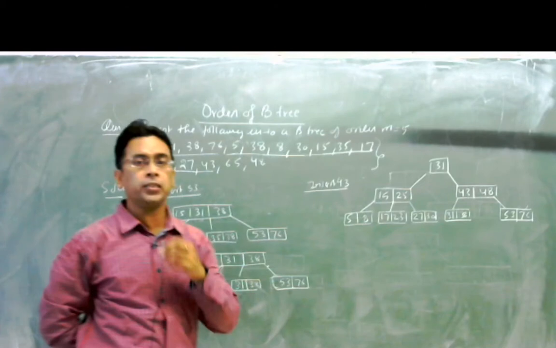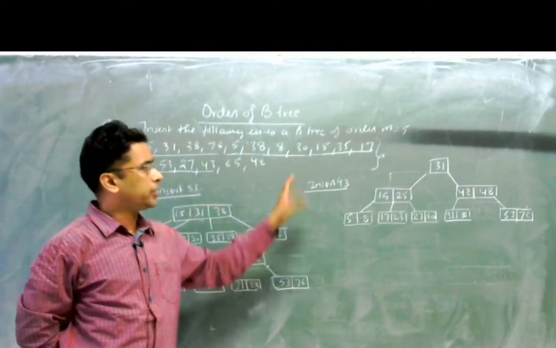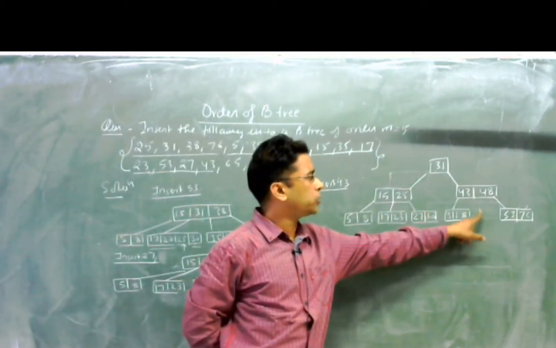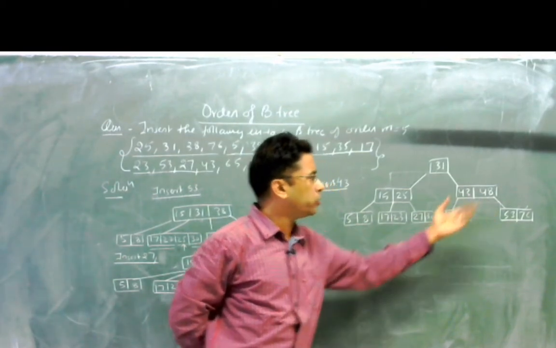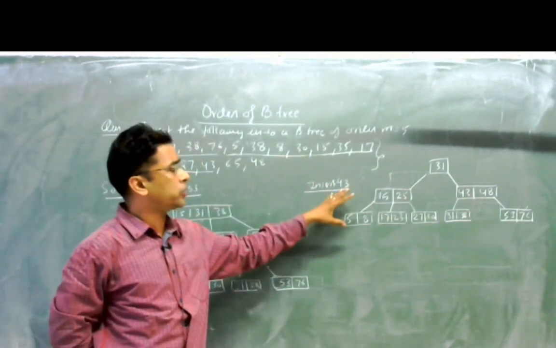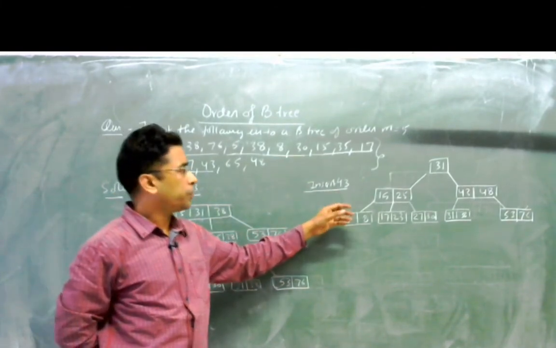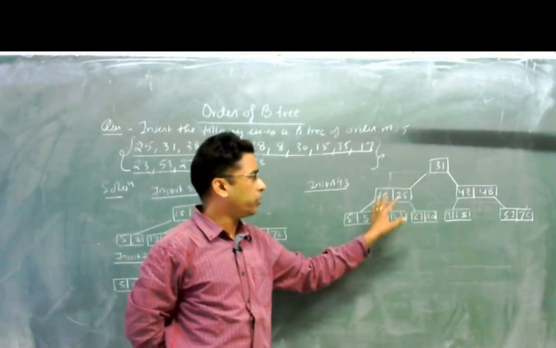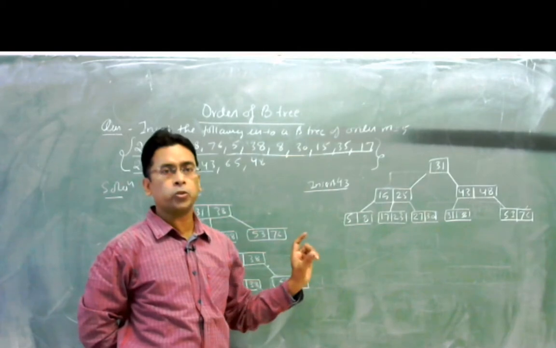This is a very unstable situation, because you have not filled any element at this position, and if you try to take an element, there is no element in a position to lend any extra key, neither parent nor sibling nor left child nor right child. So this is a very unstable situation.